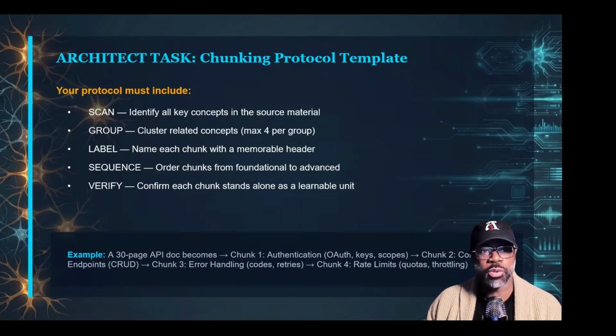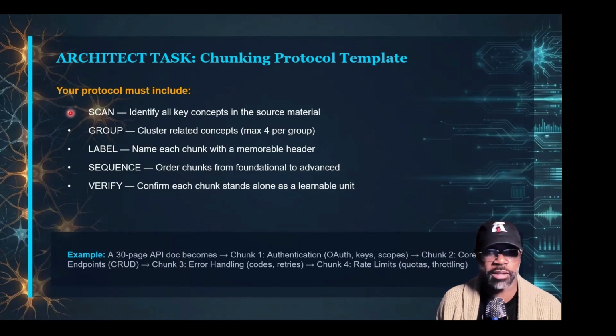let's go a little bit deeper into the requirements for each of our identities. My architects, the first step that you need to do in your protocol is scanning. Make sure you identify all concepts in the source material. You don't want to leave anything out, because you don't want certain information to be front-loaded in the 4 chunks. Maybe you put all the information in 1 or 2 chunks, but then you forget that you didn't include a concept from the source. So make sure you're including all, or at least all the key, concepts in that source material. And finally, then you're going to group.